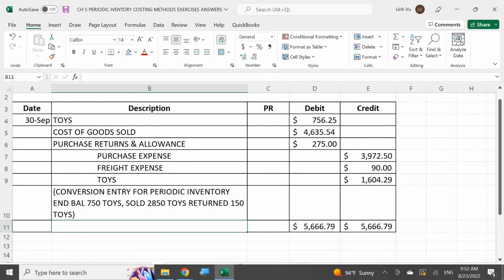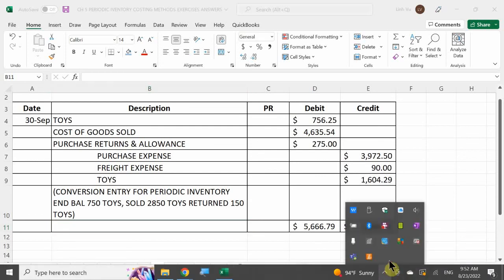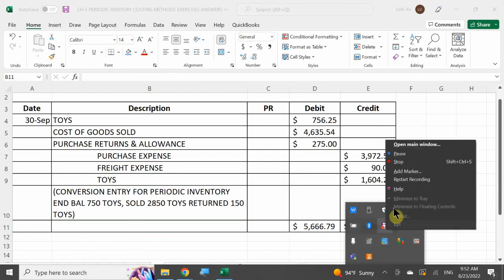All right. Awesome. All right. So any questions so far for FIFO? Yeah. I'm sorry, LIFO. LIFO, right? So in this case, yes, we took from the bottom, made our way up to the top. Okay? Introduced you to what happens when you have purchase returns and allowances and what happens when you have beginning inventory. Okay? So I'm going to stop here for